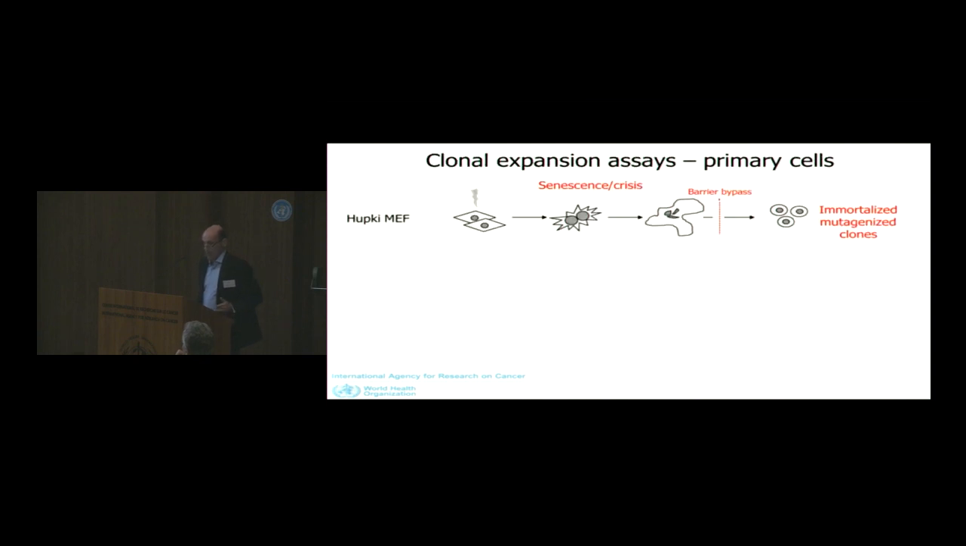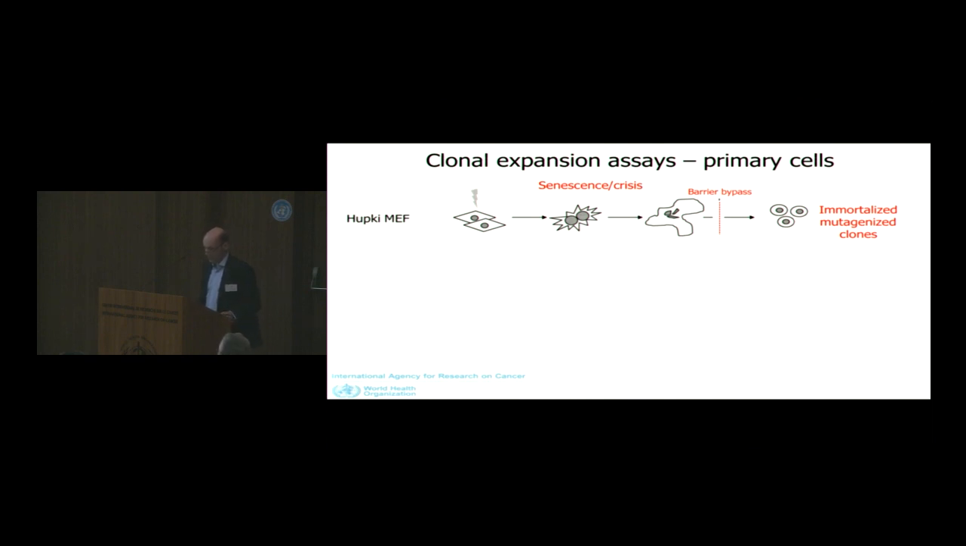Okay, we use clonal expansion assays, which could be either based on primary cells, and one well-established system is based on Hupke mouse embryonic fibroblasts. This is basically a human p53 knock-in modification of the cells and of the animals. And this system in culture goes through senescence, and then it bypasses the crisis stage, and the cells emerge as immortalized clones. And you can expose the cells here and then collect the final clones